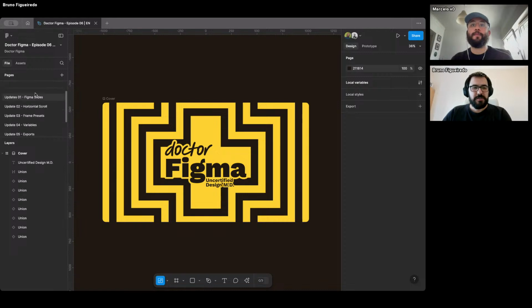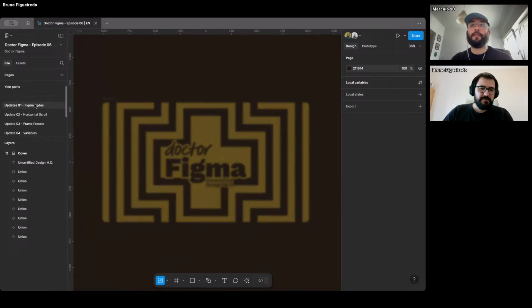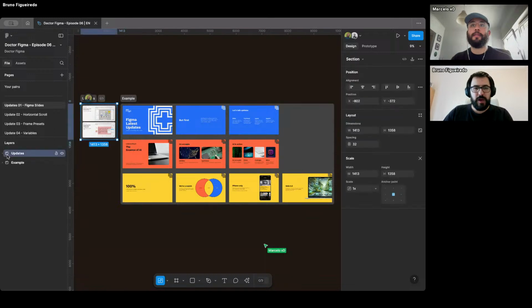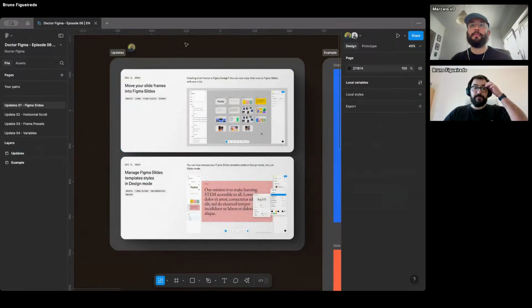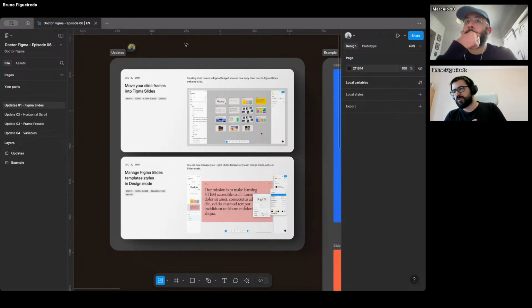Okay, so we ordered some of the updates based on the tools that we have here. So I'm going to start with a couple of updates that Figma launched in December, both for Figma Slides. Figma Slides is one of Figma's latest tools, in case you don't know. And they keep evolving those new tools even at a faster rate than their existing tools right now. So you have Figma, FigJam, Figma Slides, and Dev Mode. And with this suite of tools, Figma is actually growing into a more robust and complete software suite, which is really cool because all of these tools are basically really interesting